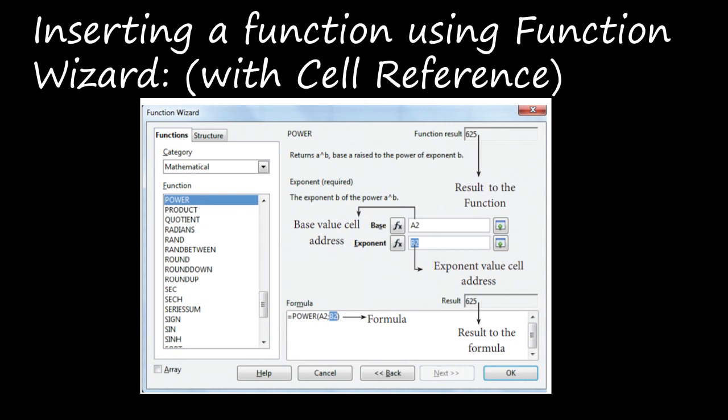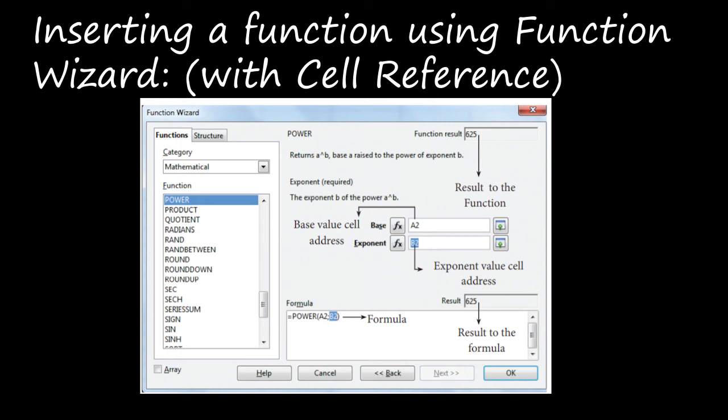After entering the base and exponent cell references, the function wizard appears like this, okay? Inside the formula box they have given equal to POWER of A2 colon B2, right? So that is the formula, and the result appears on the right side of the formula.